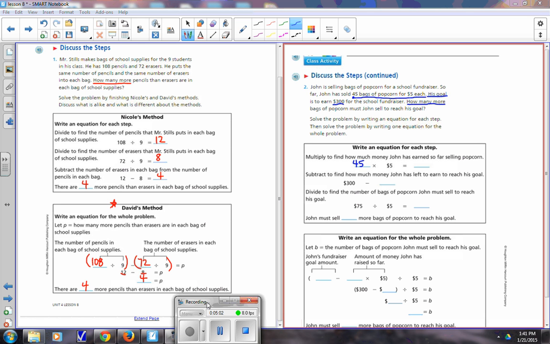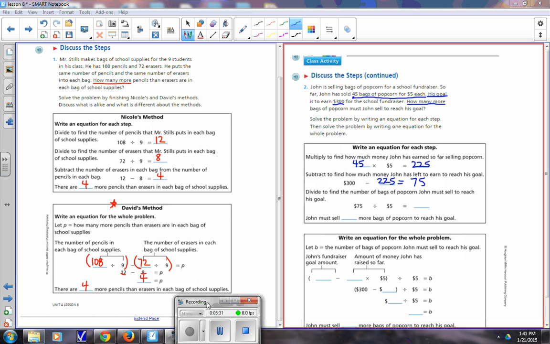which is $225. Now, his goal is $300. We've already made $225. How do we find out how much money I have left to earn? I have to subtract it. So subtract to find how much money John has left to earn to reach his goal. So I'm going to subtract 225 from 300, and I get